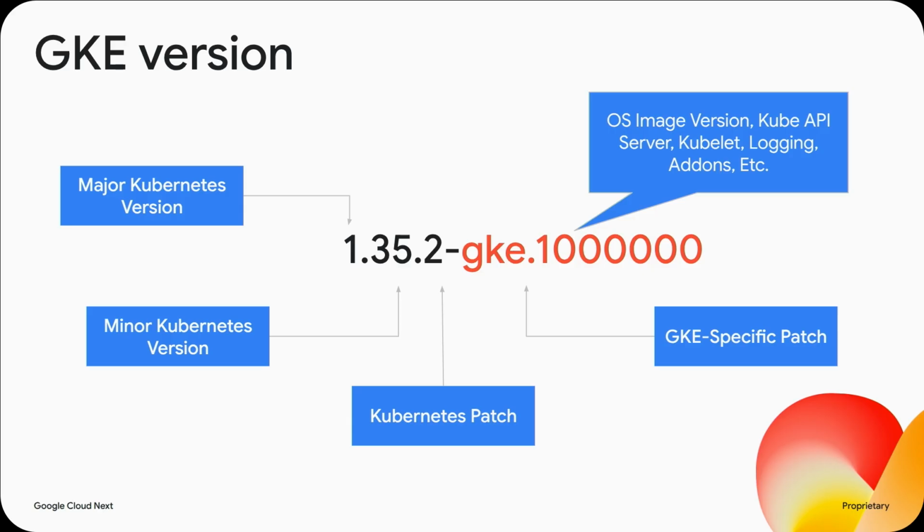So let's just make sure we're aligned. When I talk about minor version, that's the second digit here that introduces new features. And behind that, we have a patch version.